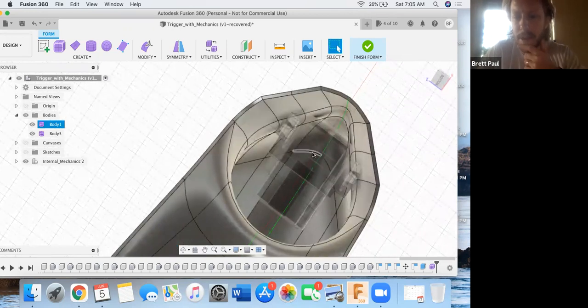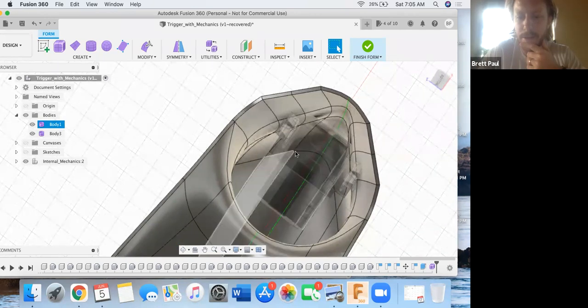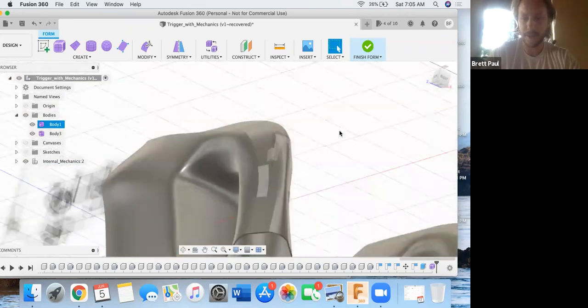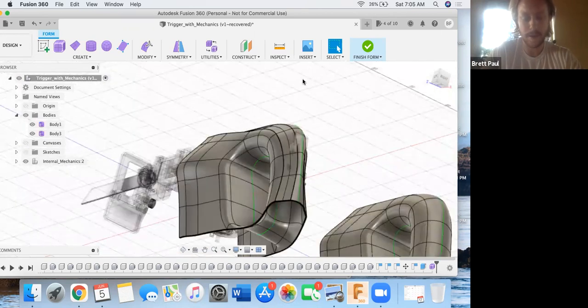We can move the entire form back, and this should sit better inside the handle. So I don't know that we need to even change the outer shape at all. And I'm guessing what we can do, let's see. The best way to do this is going to be to hit M on your keyboard,